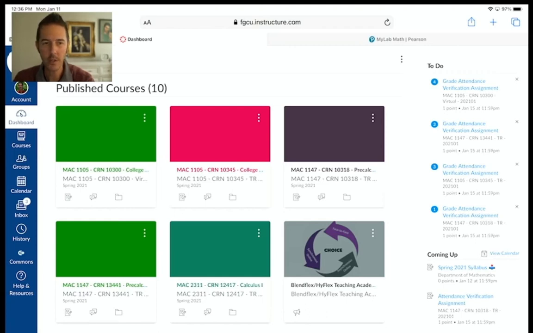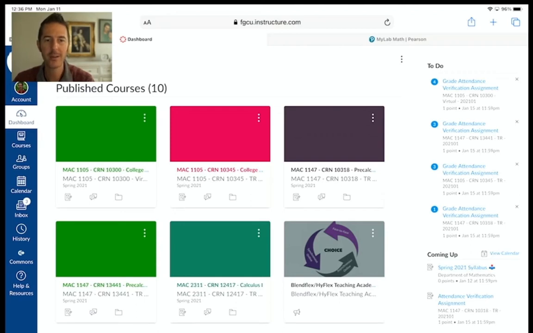So where I'm starting right now is in Canvas, and for those of you who are new to Canvas, when you log in, I think this is something like what your landing page or maybe your dashboard looks like. And your course, or my course, is this one in the top left corner that's green, so I'm going to click on that one. But even before that, in the left-hand column, you see Account with my picture, Dashboard, Courses,